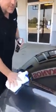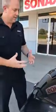As far as longevity, you're going to see 4 to 6 months. We're getting some people that are seeing a little bit more than that, and really it depends on how you wash the car and the environment you live in. If you have a lot of bad weather, a lot of rain, things like that, you will see it dissipate a little bit faster. But washing the car is the big thing. If you use a lot of tunnel washes, they use a lot of high alkaline cleaners, and it will dissipate, it'll deteriorate